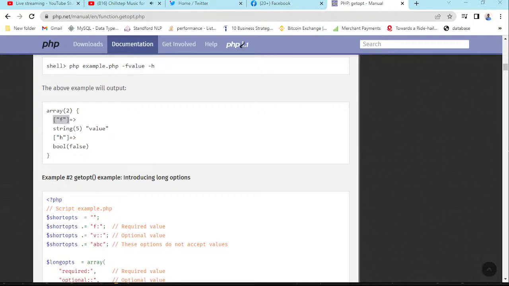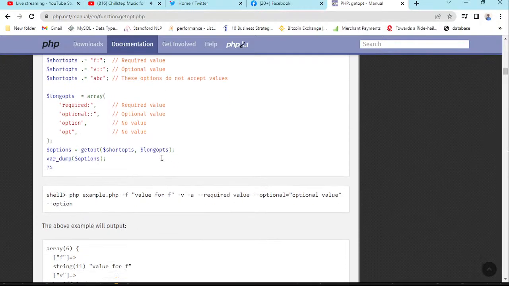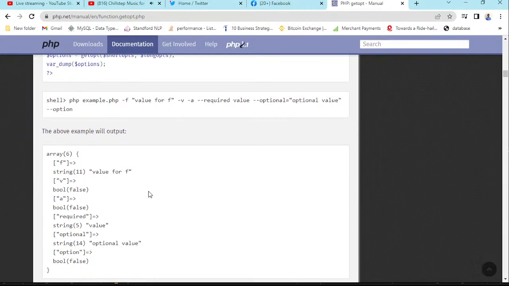So if it's set, now you just want to check if it's set. When you return, you just want to check if f is set in there. If there is f in that thing, but before we do that, let me see how the long options are. If you try to return long option